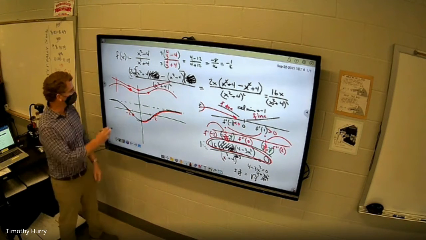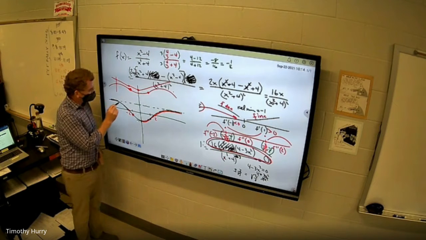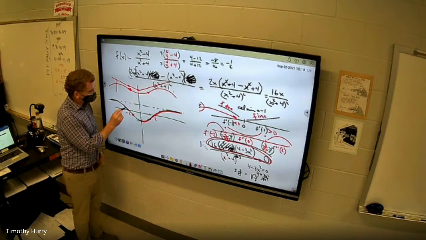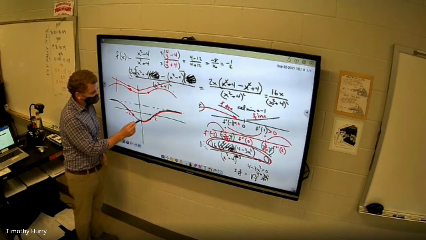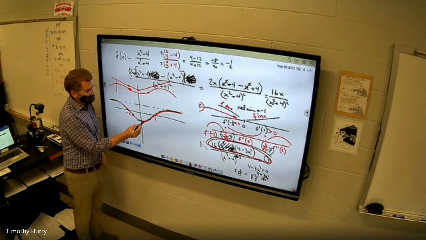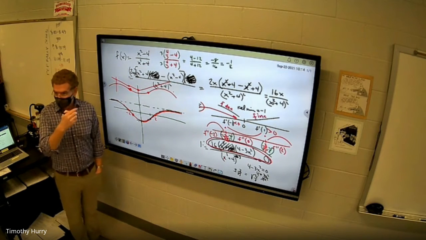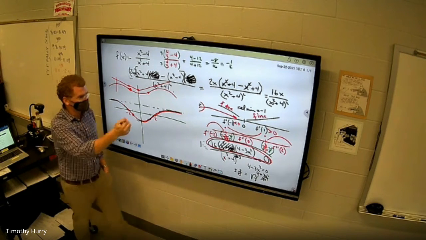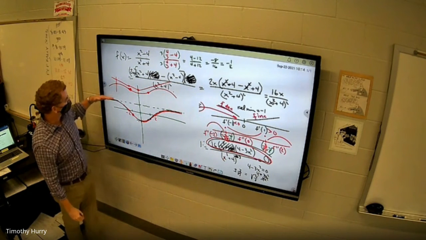Like, this is 0.9, 0.8, 0.7, 0.6, 0.5, 0.4, 0.3, 0.2, 0.1, 0, -0.1, -0.2. These are decreasing y values until I hit there. Okay, so now the slopes. Decreasing y values means the function decreases, not the slopes. Okay, that's all. The slopes aren't decreasing. Well, the slopes are going